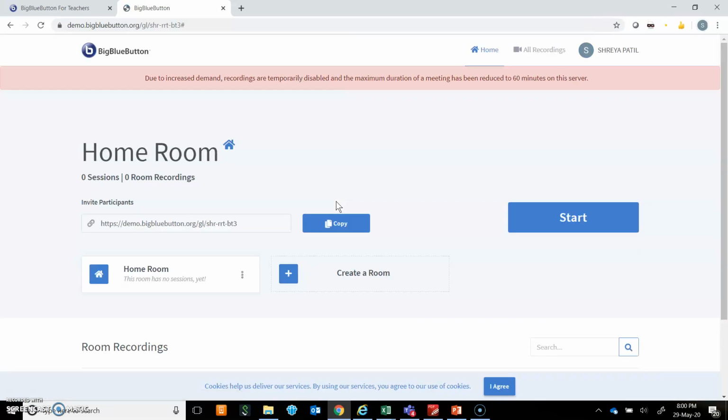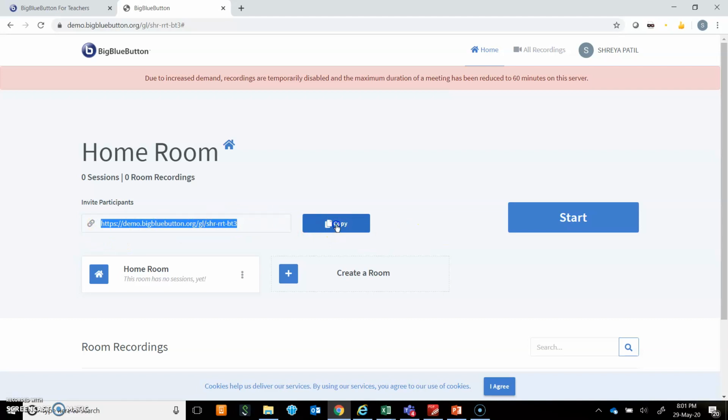So now I am entering inside the Big Blue Button and this is my home room. I have not had any sessions and I have 0 room recordings for now. So I can invite participants to this particular room by sharing this particular link with them.